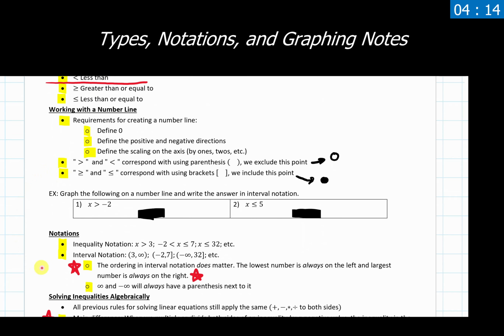Now the other one that we have, and this is a very significant, very common one that we see, is called interval notation. What we do with interval notation is always list the lowest possible value, whether we include it or not, on the left side, and then we include the largest possible value, whether we include it or not, in the right spot here. On either end of these numbers, we then fill those in with brackets or parentheses. Which one we use all depends on the inequality that has been given to us.